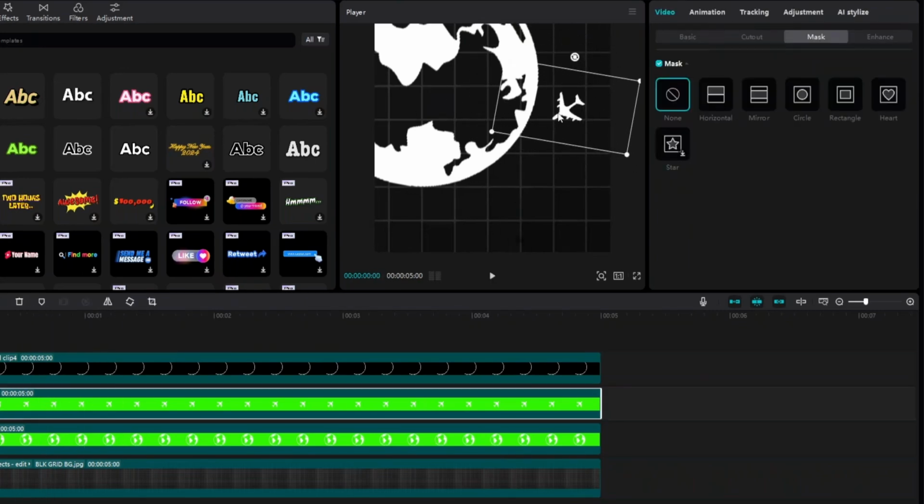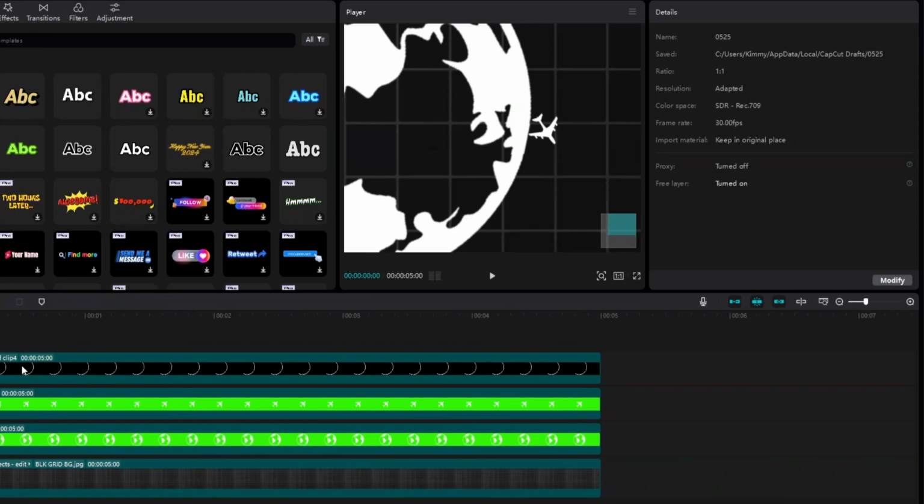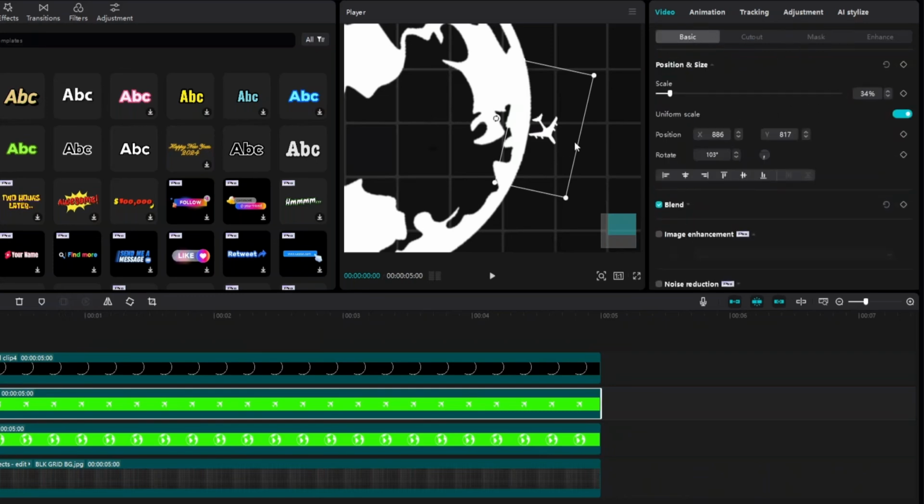So guys, the last thing to do now is to go ahead and animate our plane following the lines that we have made earlier. From here, you want to adjust the size of your plane. Put the plane into the starting position. And from here, you want to add a keyframe every 5 frames that you move forward. So for example, I am going to add a keyframe towards the starting point of our plane. So I'll just go ahead and click on position and size, add keyframe, and from here we are going to